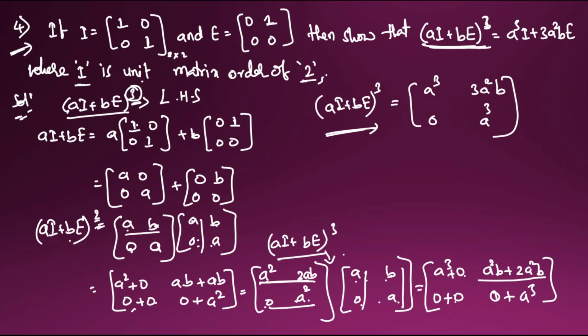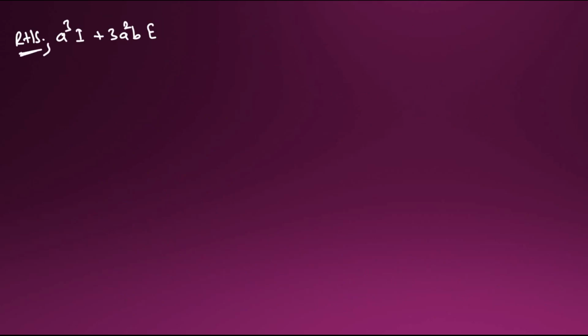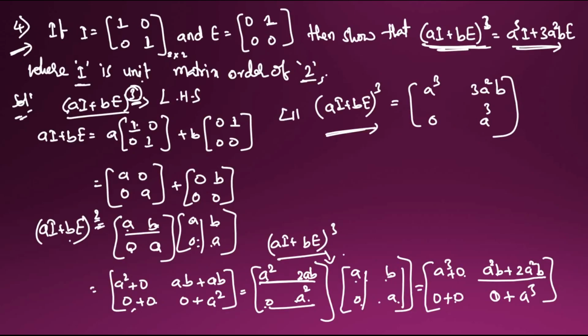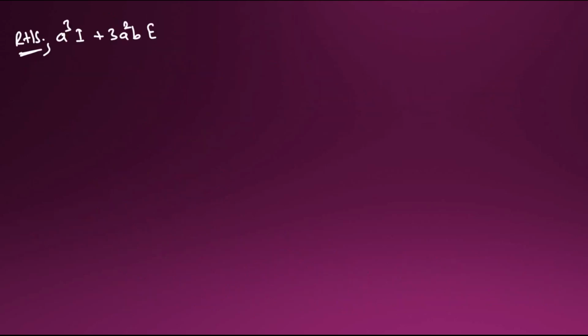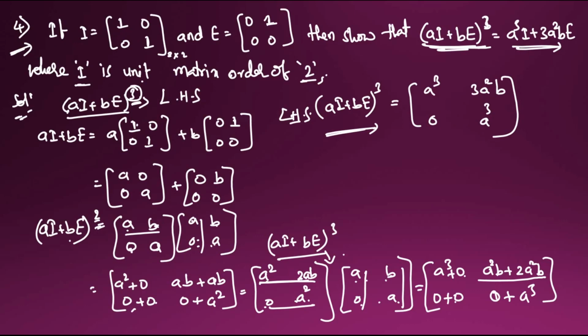So what we have got, this is equal to what, now we have to prove this one also. Here we have to prove, okay. So this is RHS we have to find, and already we found the LHS is equal to this one, okay. So this we got, and RHS also we have to find. In this question it is given that this is LHS and this is RHS. I am taking this now, I will prove this one, okay. So LHS is equal to RHS, I will prove.